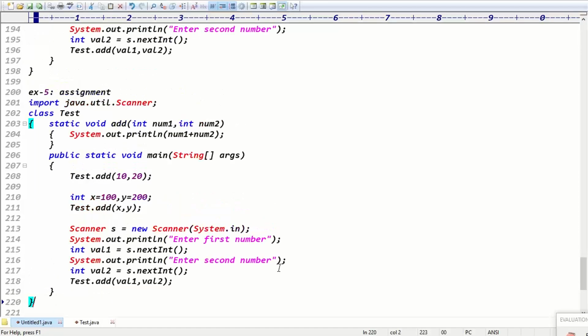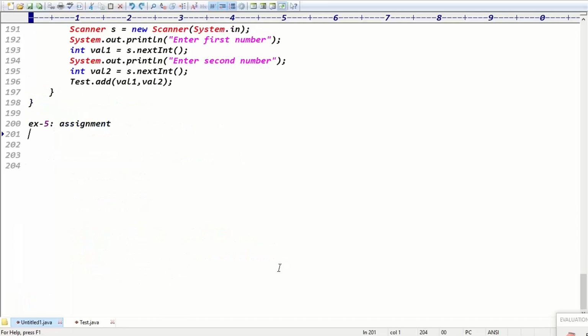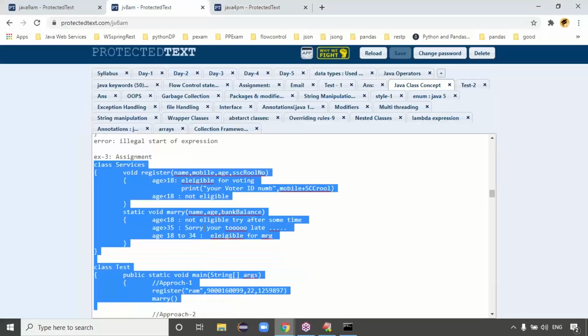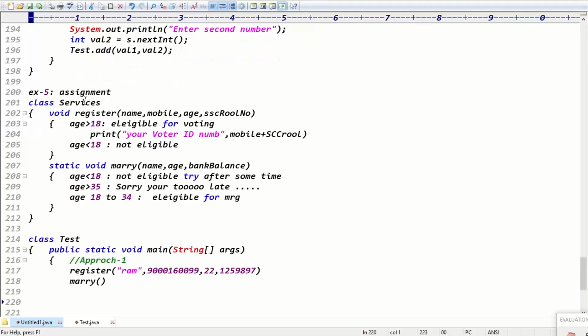Example 5 you can do as an assignment. You can take a class Services. Services contains a vote register method. You can take the name, mobile number, age and SSC marks list.